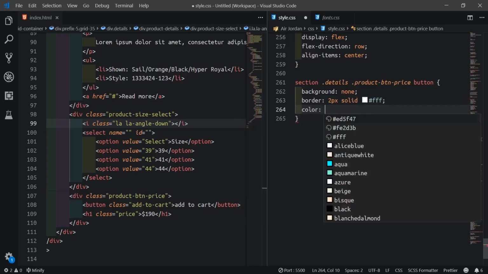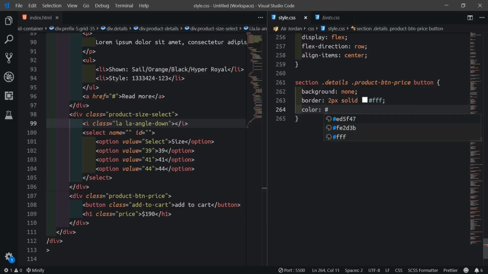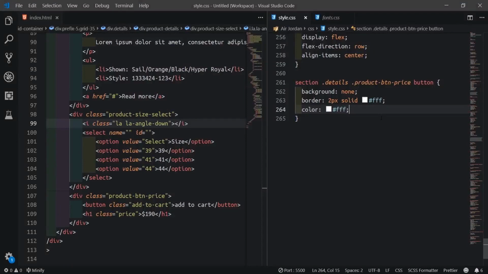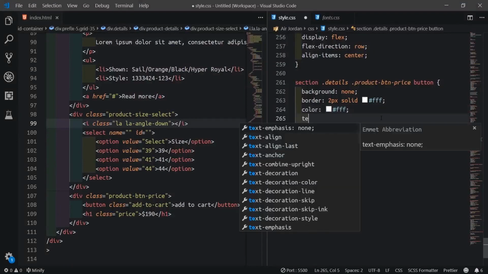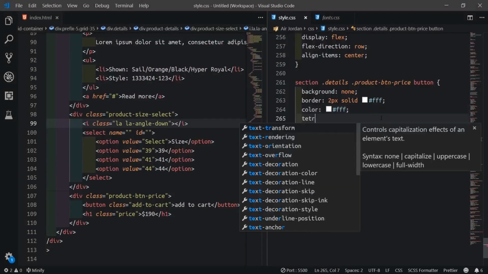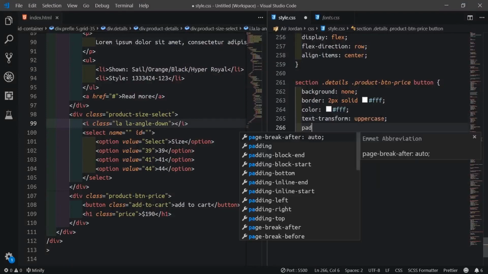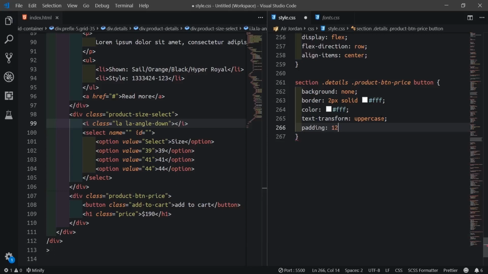Then color will be #FFF. So we'll see. Okay. So we'll do text transform uppercase, then padding will be 12 pixel and 35 pixel.